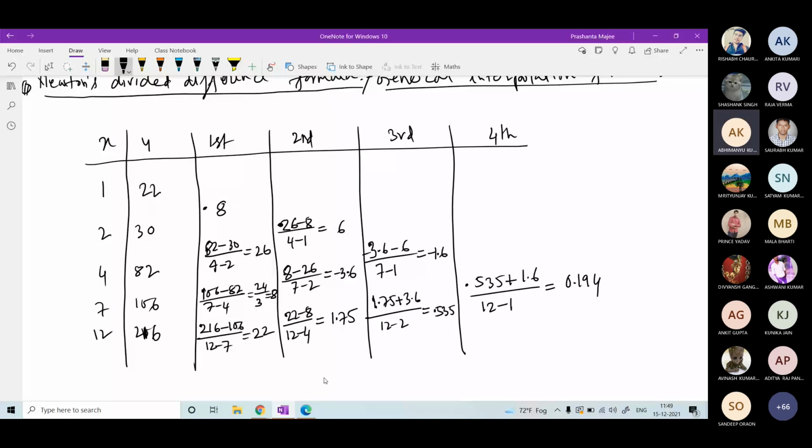You remember, the properties will be almost similar to forward difference. The properties of the forward difference table will be followed in this one also. If you find the forward difference of n+1 data points, the highest order possible non-zero value will be n. After that all elements will become zero. The same properties followed in forward difference will be followed by the divided difference table. Okay, so this is how the divided difference table is created.